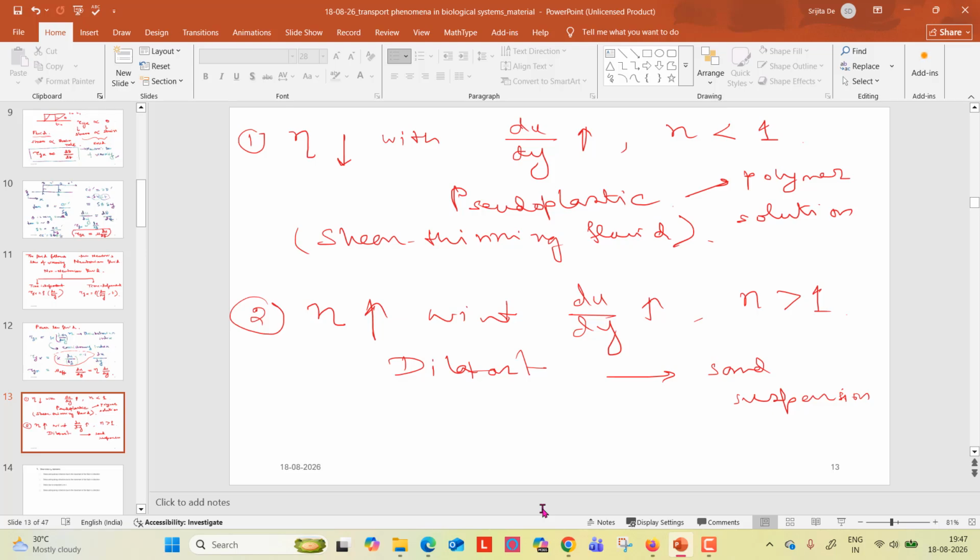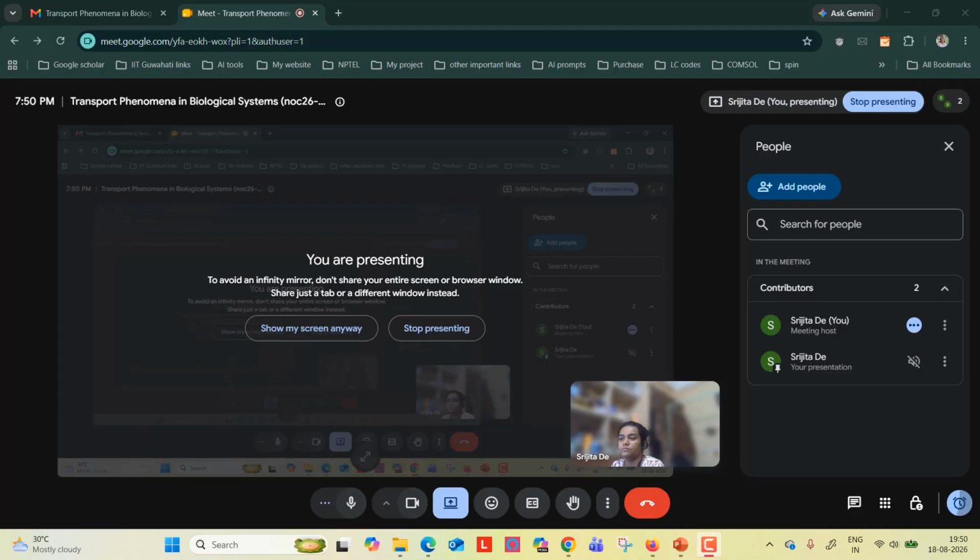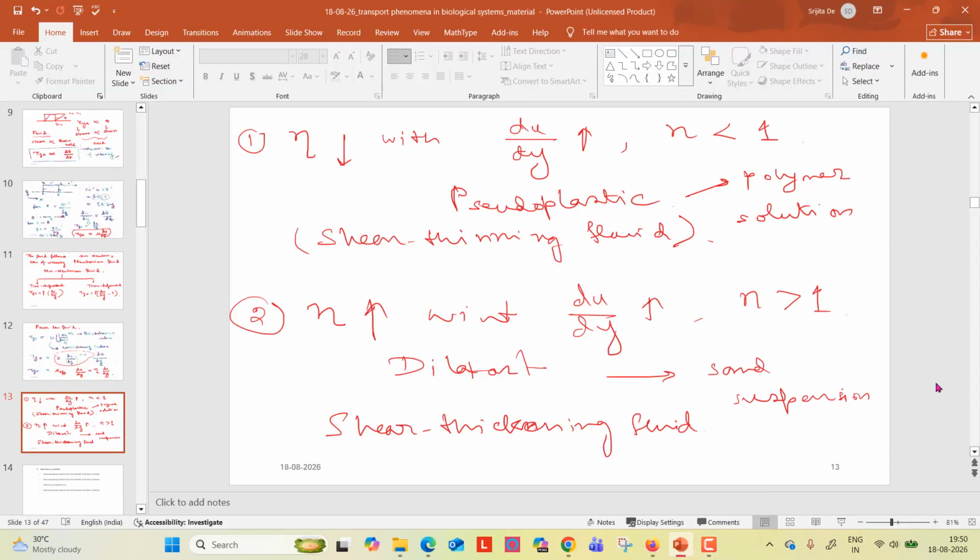So that is the example of a dilatant fluid, and it is a shear thickening fluid. Okay, so the third one